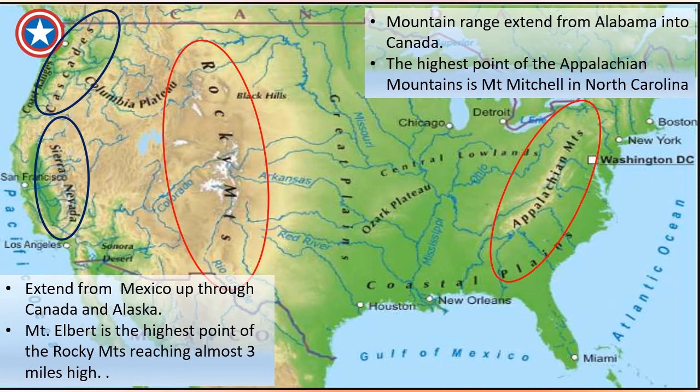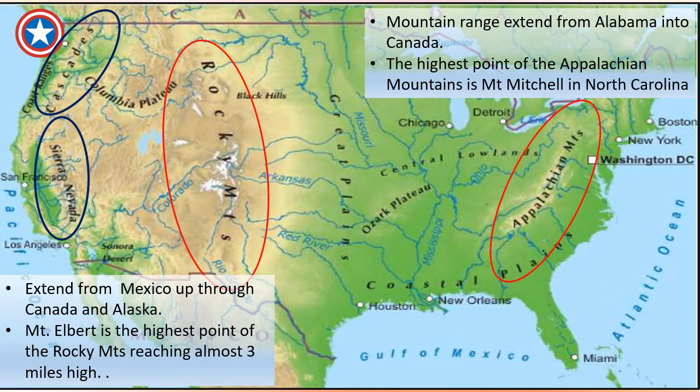There are 2 main mountain ranges, the Rocky Mountains in the west and the Appalachian Mountains in the east. Here are the Rocky Mountains, and here are the Appalachian Mountains. The Rocky Mountains extend from the Mexican frontier up through Canada and into Alaska. Mount Elbert is the highest point of the Rocky Mountains, and it is almost 3 miles high. It stands at